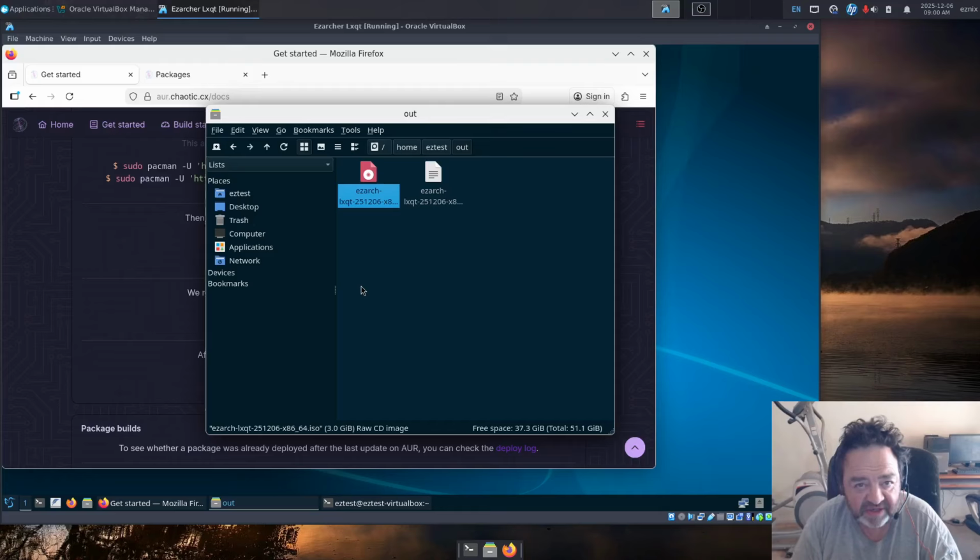Now, I've done all this building inside a VM. Worked just great. VMs are wonderful for doing this kind of stuff because you can install the chaotic AUR on a system inside a VM and then rebuild right inside the VM. Give yourself enough memory and enough cores and enough hard drive space. This VM has 8 gigs of memory, 2 cores, and 60 gigs of hard drive space, more than enough to